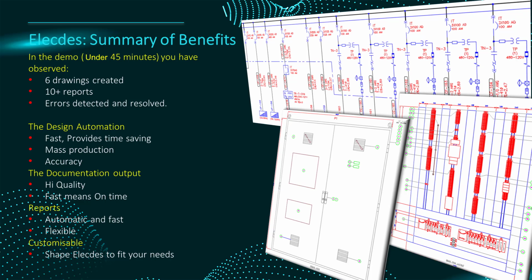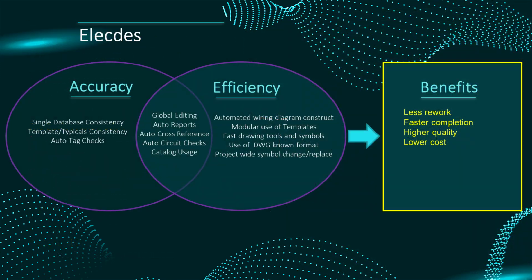An automated wiring diagram system which greatly enhances productivity and accuracy when delivering your projects to the wiring and termination team. Catalog specification driven data, again reducing any chance of data errors. An automated report extraction system which elevates your accuracy and improves your productivity. All of those accuracy gains are summarized in this diagram. If you are making less errors, you'll have less rework, your project will take less time and will cost less. Similarly, if your efficiency and productivity are elevated, then your project will be completed faster and cost less.